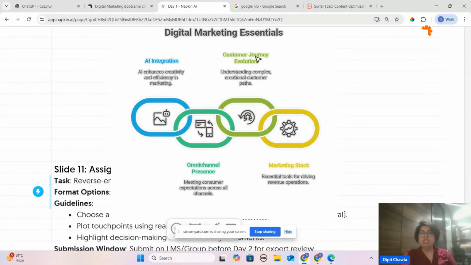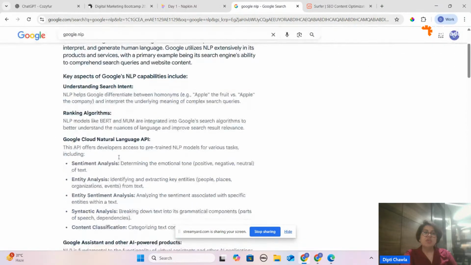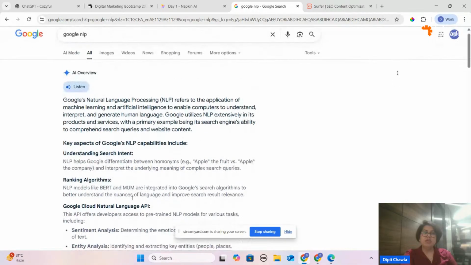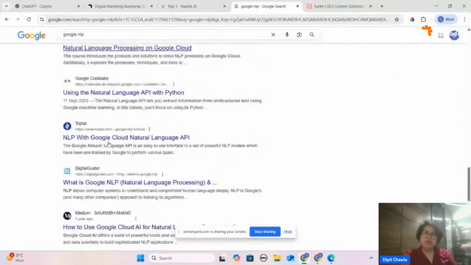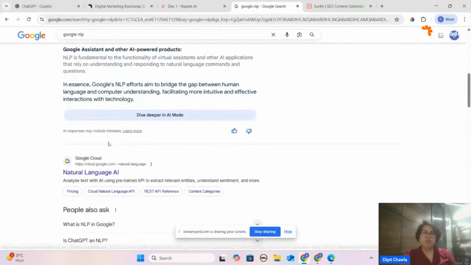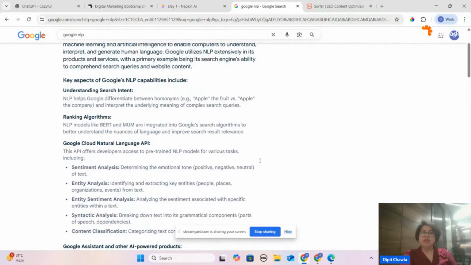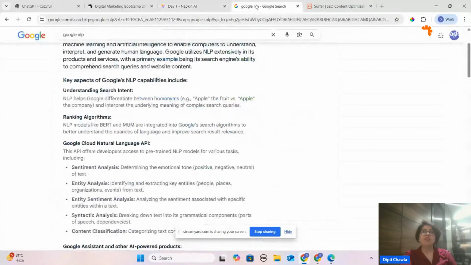If you follow these four parameters for your digital marketing, trust me, the way it is going, your content will appear here, because today every piece of information you get is with the AI overview. Do you go and check other things? No. So whatever information comes here should be relevant, and it's your responsibility to use these essentials and make sure your content, or your client's content, or the business content comes here.